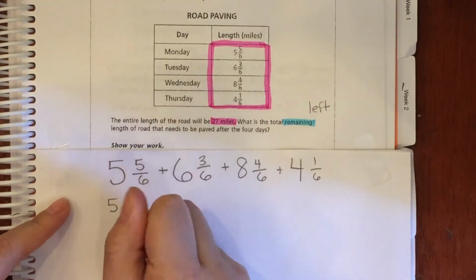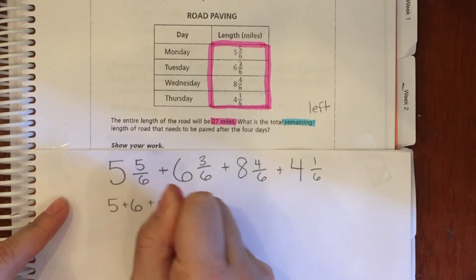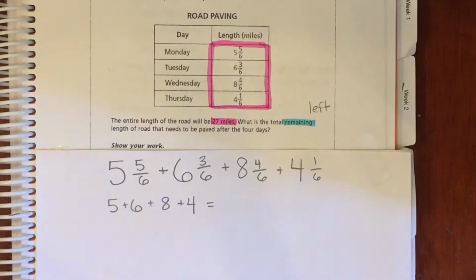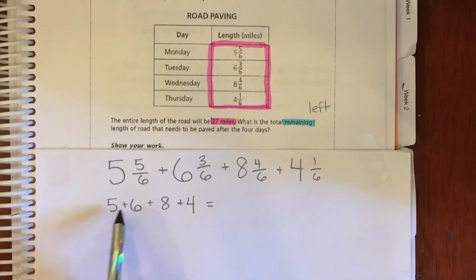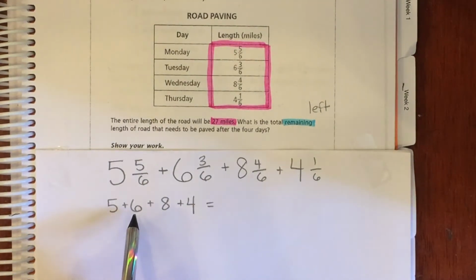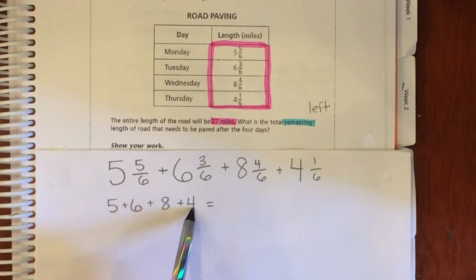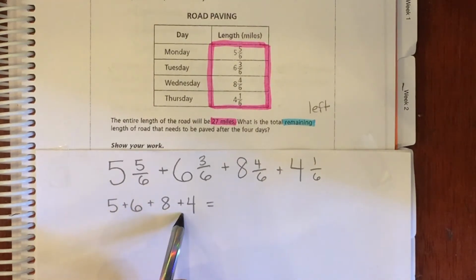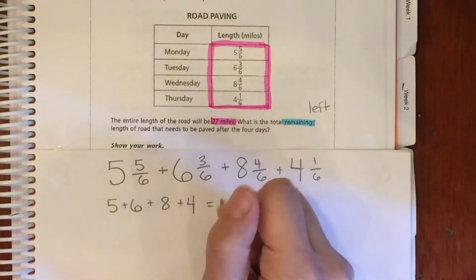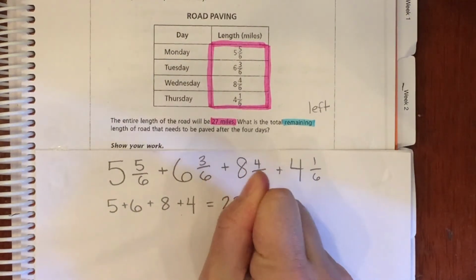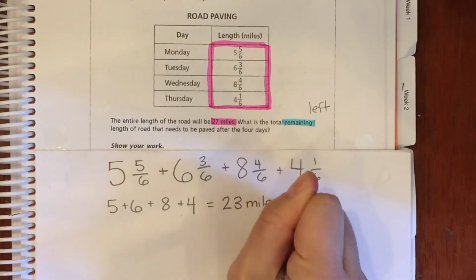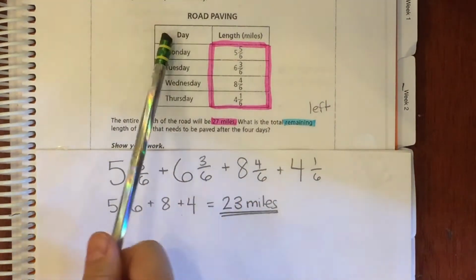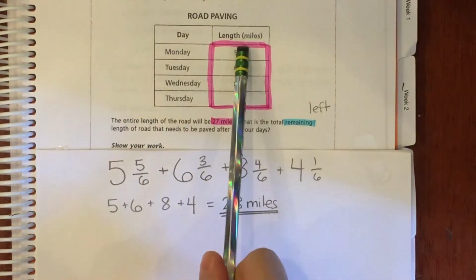So 5 miles plus 6 miles plus 8 miles plus 4 miles. Those are the whole miles. 5 plus 6 is 11 miles. 8 plus 4 is 12 miles. So 11 miles plus 12 miles, 23 miles. All right, so 23 miles is how much they had paved Monday through Thursday, only looking at the